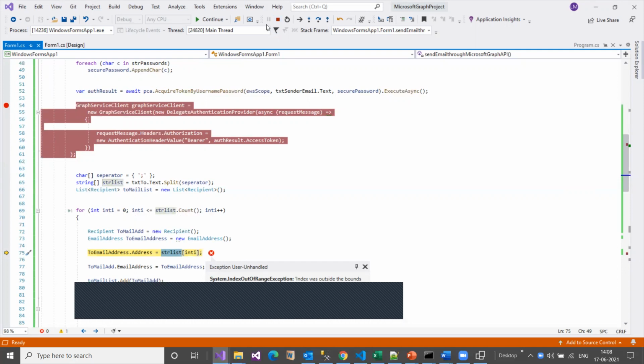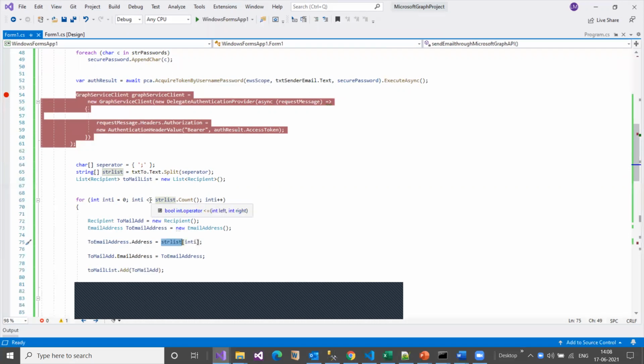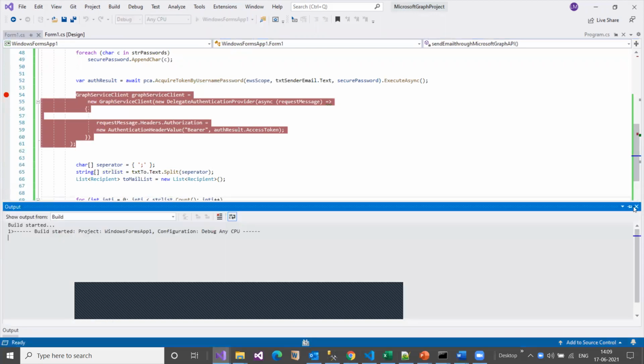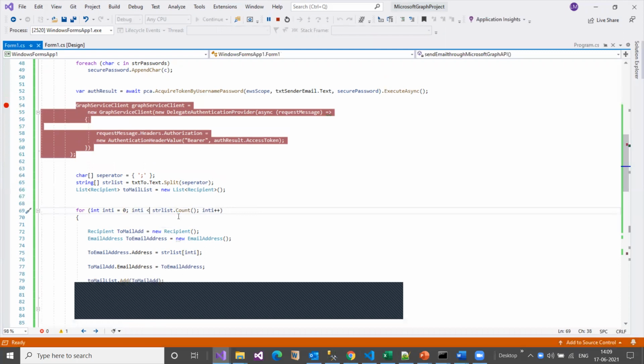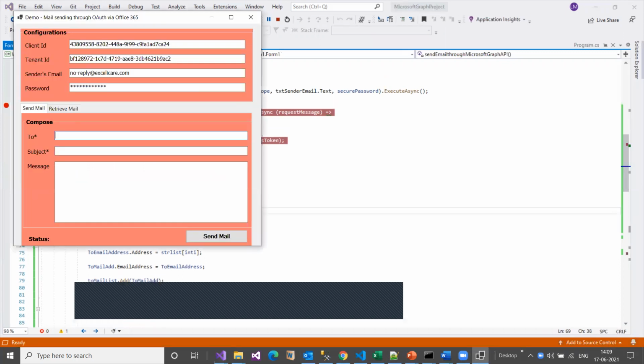So count minus 1, I think we can give it here, or you just remove this equal symbol and run again, because I gave only one recipient mail address and it is checking through 0 and 1 as well. So I'm giving the sender mail ID, demo and hello, send,